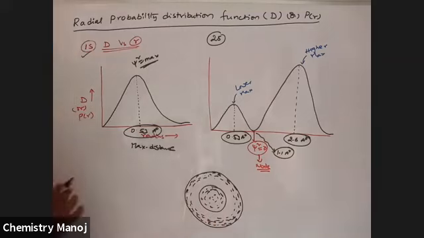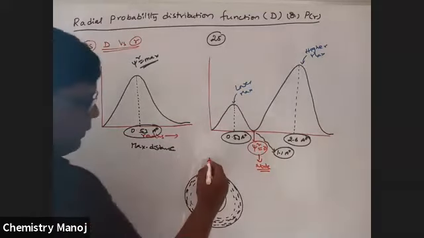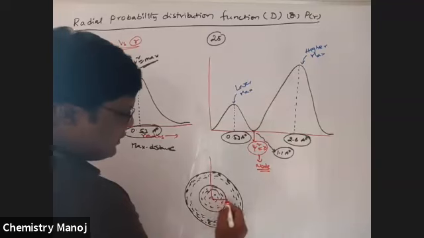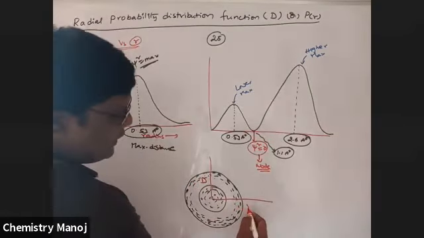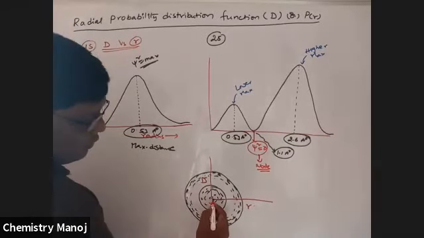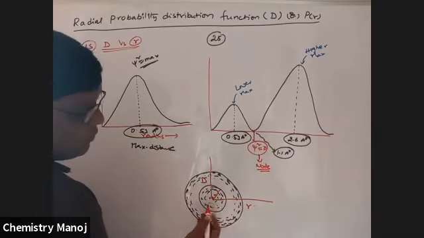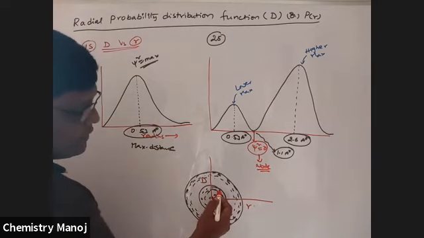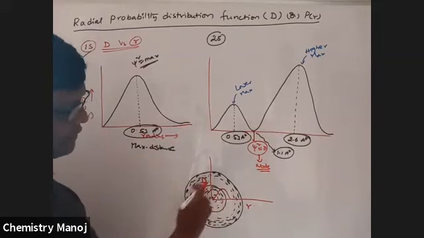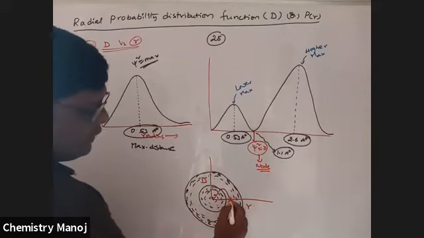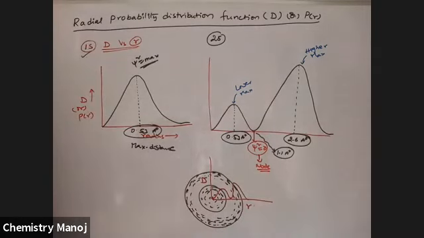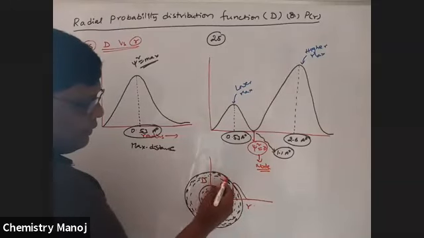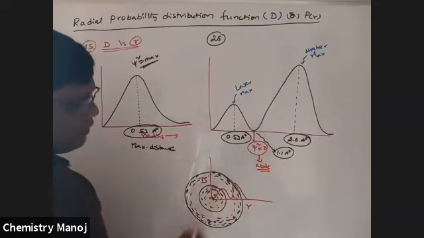Okay. Now I am going to draw a line. This is the nucleus. Here is the probability density, and here is the distance from the nucleus. Now we take the lower maximum here, where electron density is maximum. After that, this is the point where psi square, that is electron density, is 0. After that, it becomes something more. And now this one is the higher maximum, and this is the lower maximum.